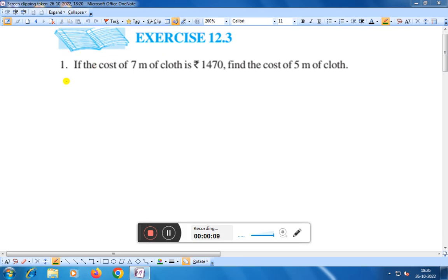If the cost of 7 meter of cloth is rupees 1470, find the cost of 5 meter of cloth. This you have to find by the unitary method, right? Here we are solving this problem, that is